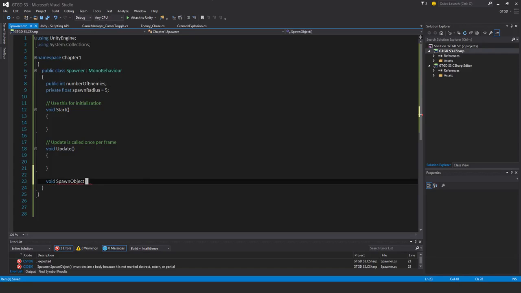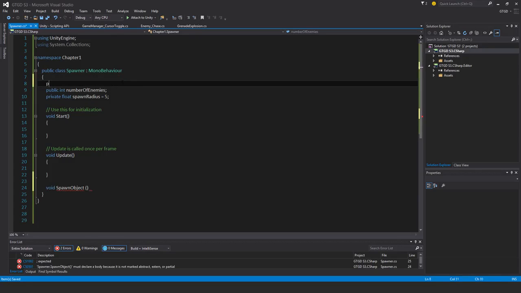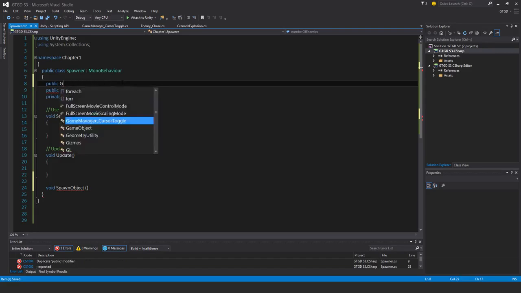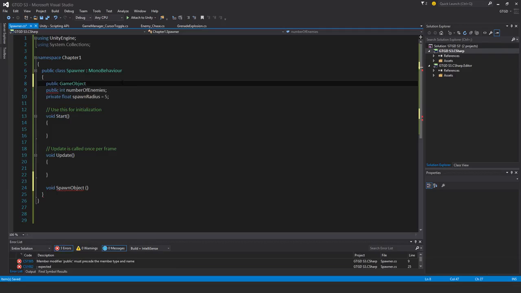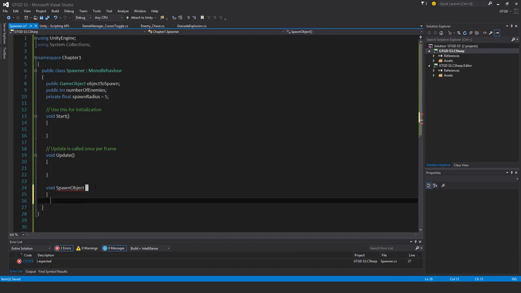Oh, and of course I need a public game object, object to spawn. Okay, and I'll slot that in the inspector. That's going to be the enemy. So coming back here,